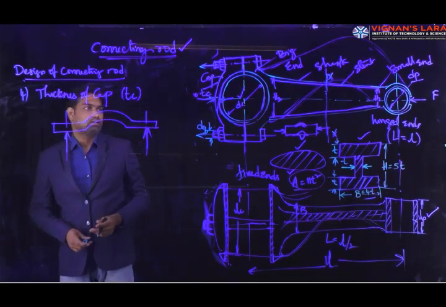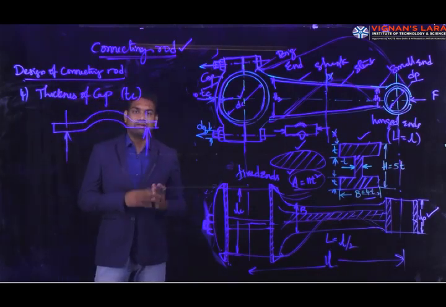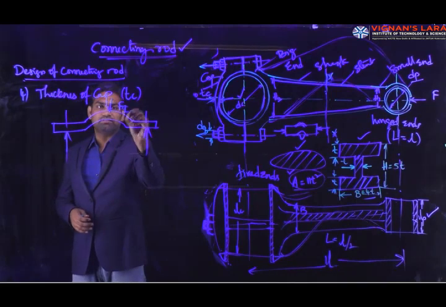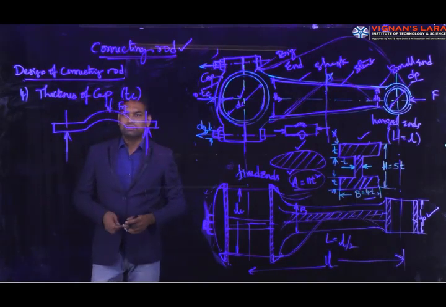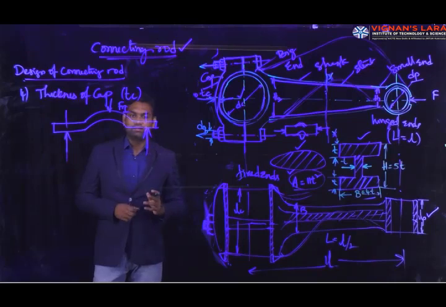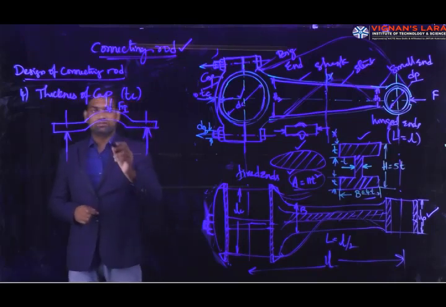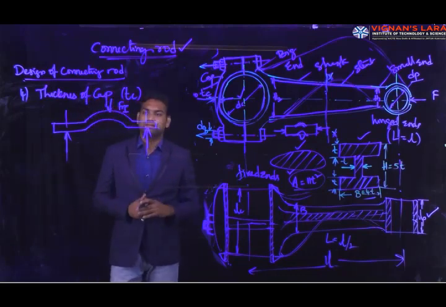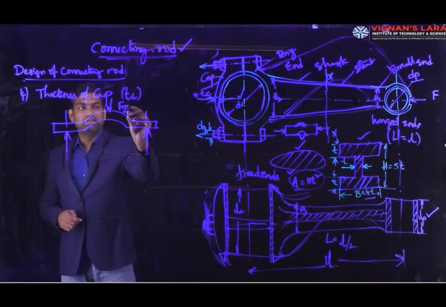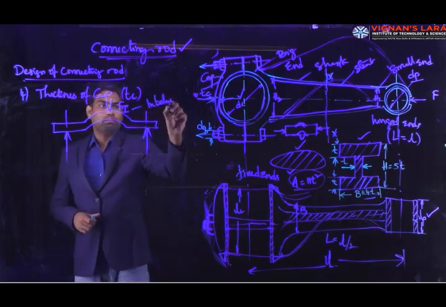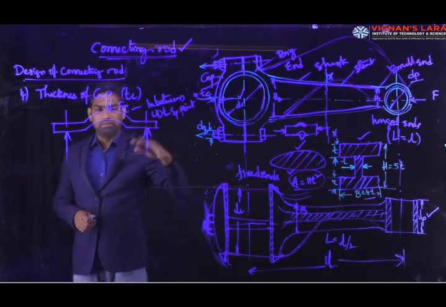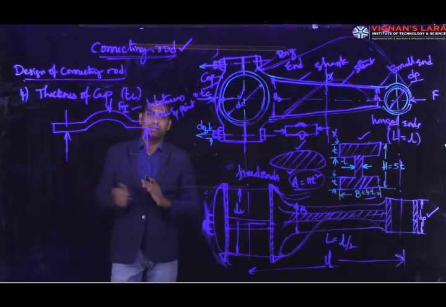The load acting on the cap is the magnitude of the inertia forces, that is Fi, which acts upon the cap. That is the inertia force we saw in the earlier step. We are further assuming that this magnitude is not completely concentrated, but is in between a UDL and a concentrated load. That is, Fi is in between UDL and point load; it is not a completely center concentrated load and not a completely UDL.